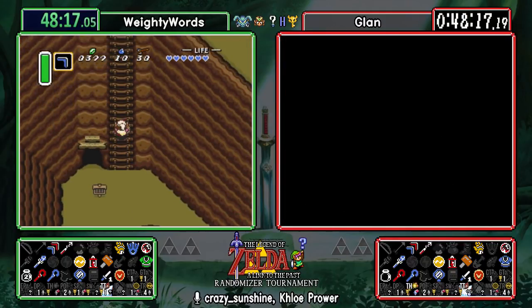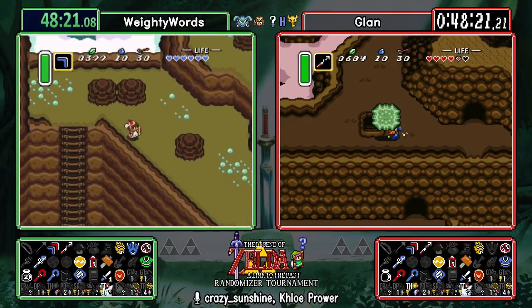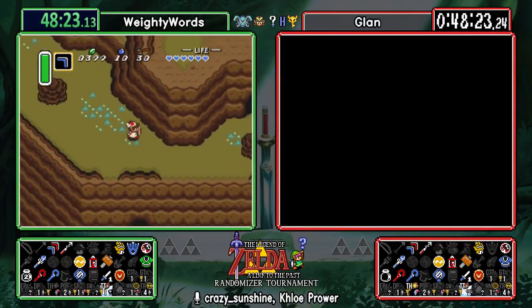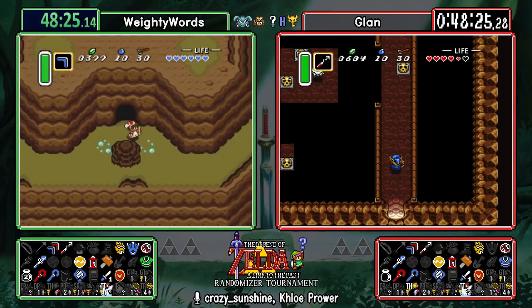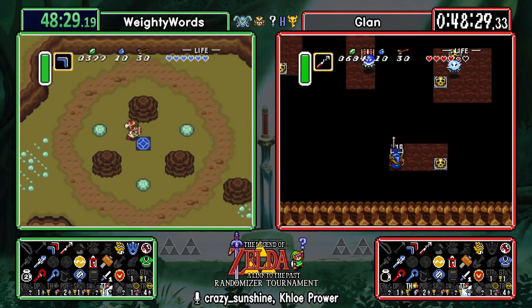Oh, that's right, chat does bring up a good point. Like, Zora King could have had 1 single rupee. Yeah, I mean, you know, but 4 rupee difference isn't really...